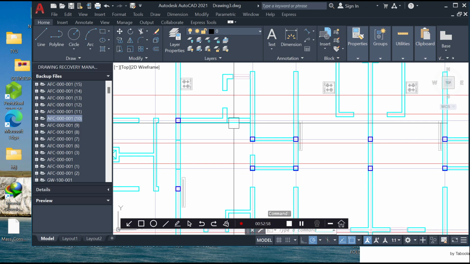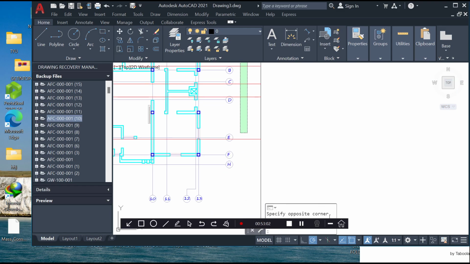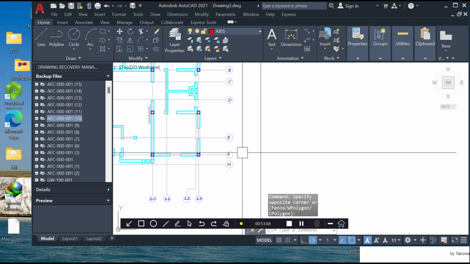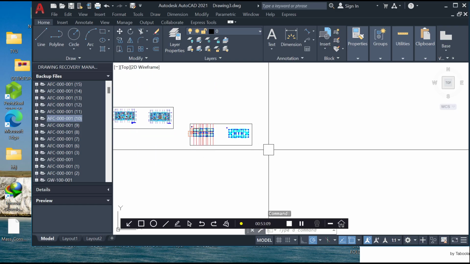Okay, very good. Okay, all these are not needed. All these are not placed properly. And let's remove this too. Same thing we did for the